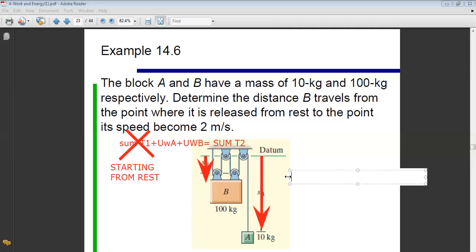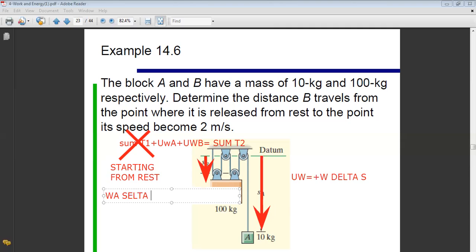So here, since S is down, the work of weight for either of the two is equal to plus W times delta S. I will apply this relation for A and for B. So I get W of A times delta SA plus W of B times delta SB